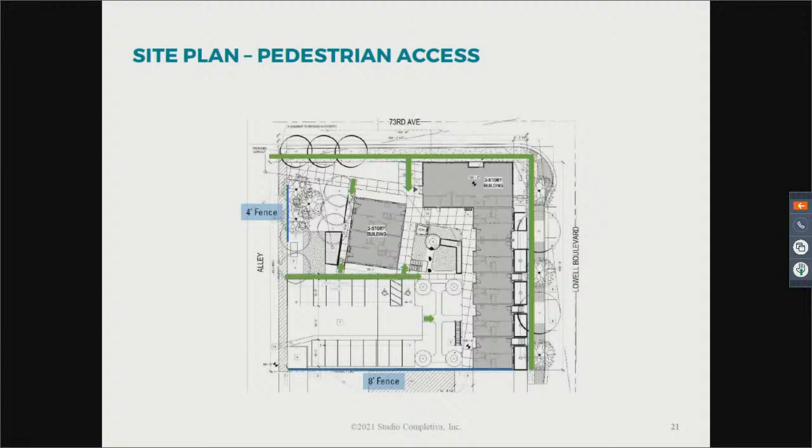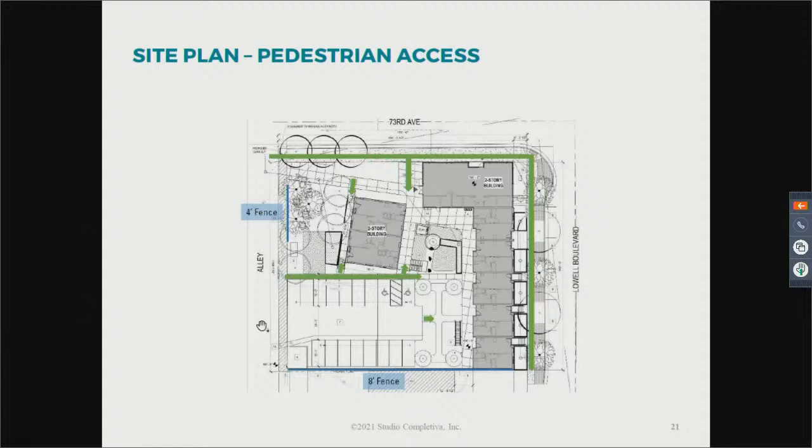But this project is widening, and particularly widening on the west side of the alley. So we're not expanding over further on the west side of the alley. They'll be expanding the east side of the alley, but the west side of their project.